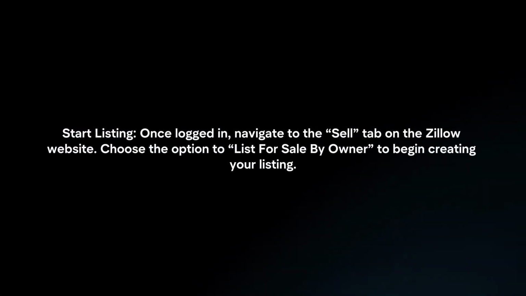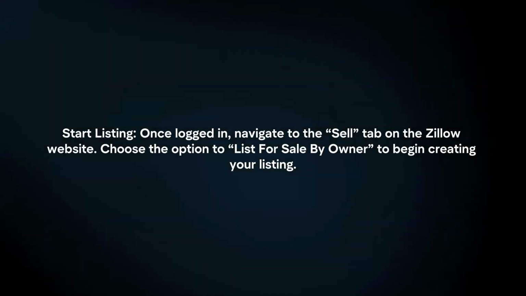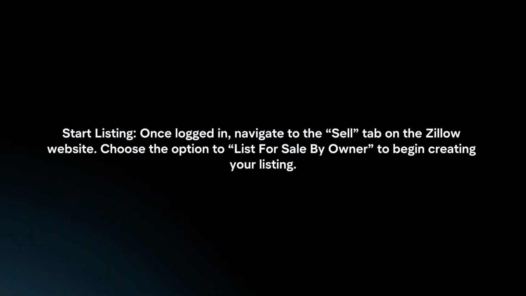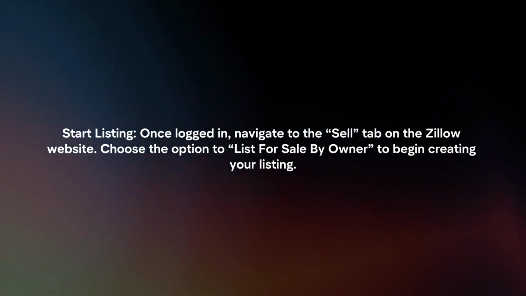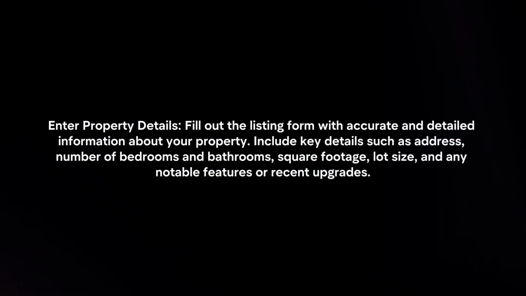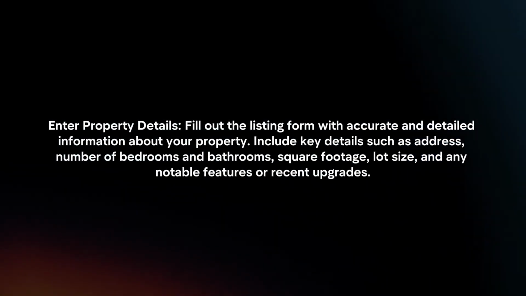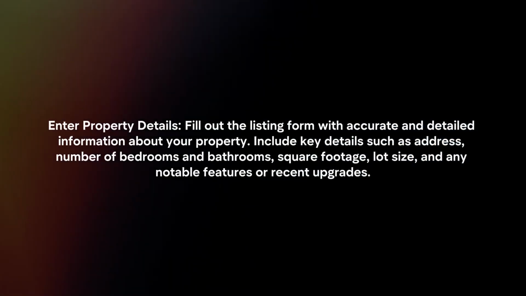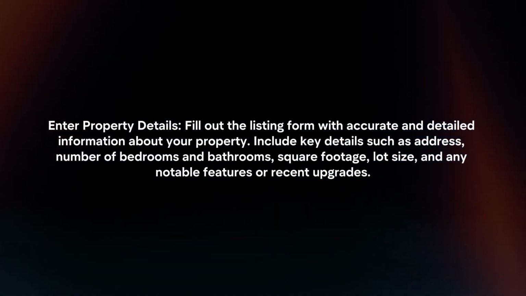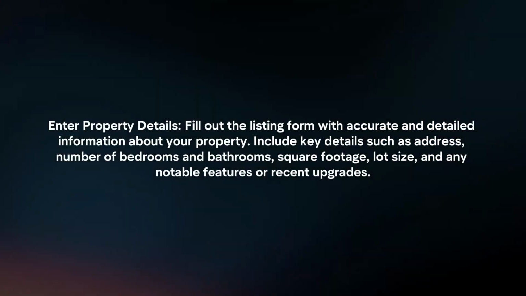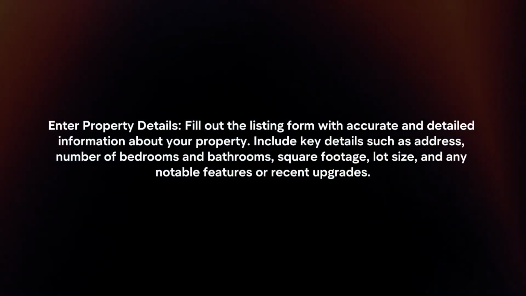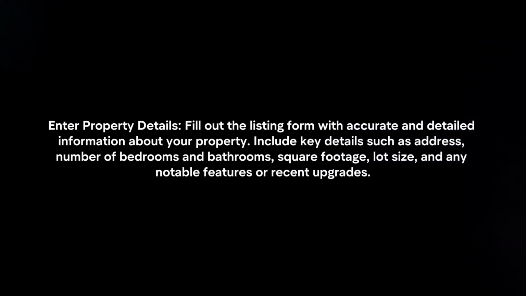Start listing. Once logged in, navigate to the Sell tab on the Zillow website. Choose the option to list for sale by owner to begin creating your listing. Enter property details. Fill out the listing form with accurate and detailed information about your property. Include key details such as address, number of bedrooms and bathrooms, square footage, lot size, and any notable features or